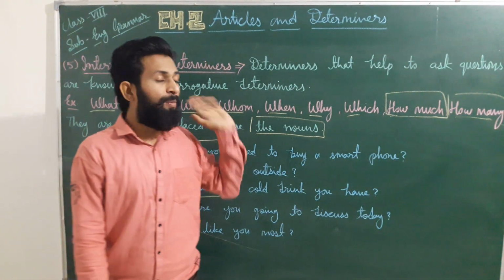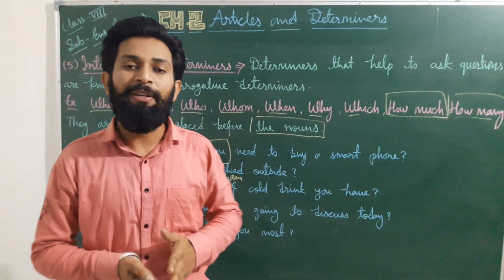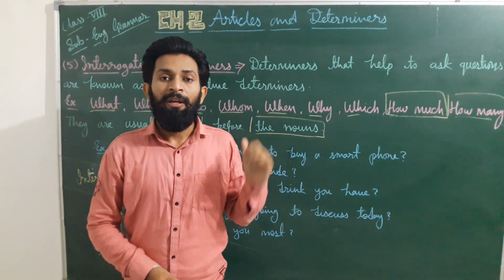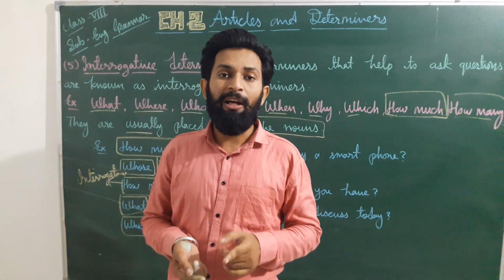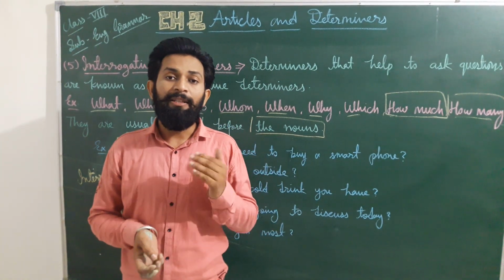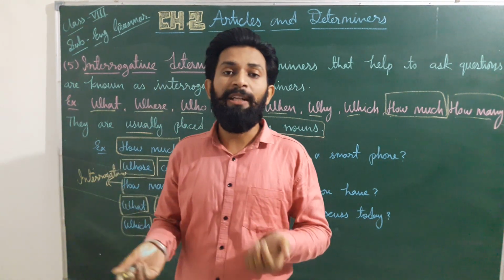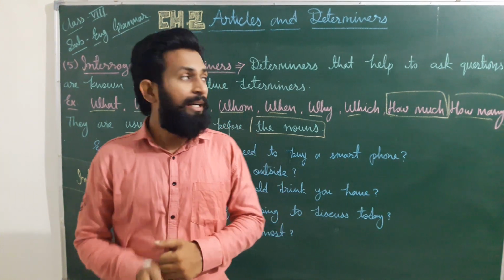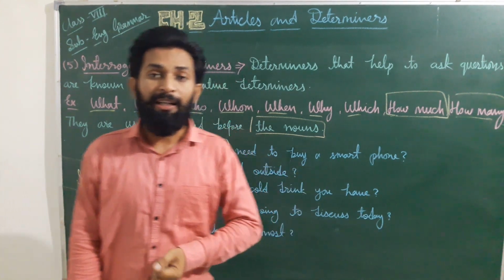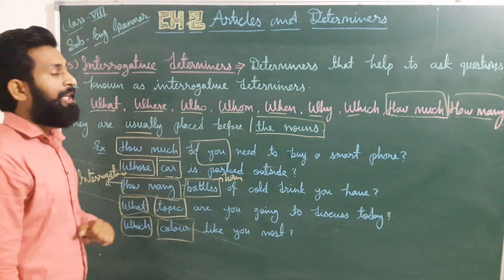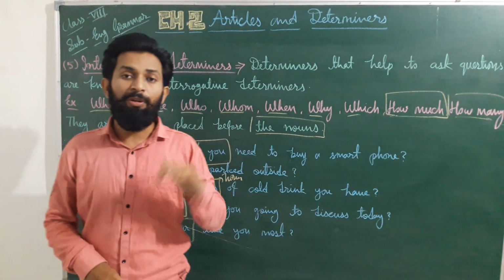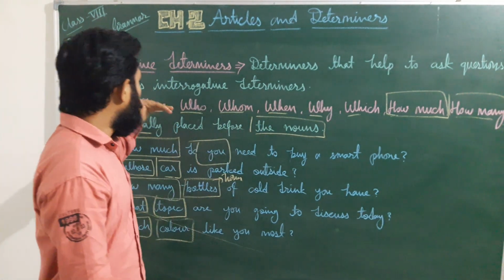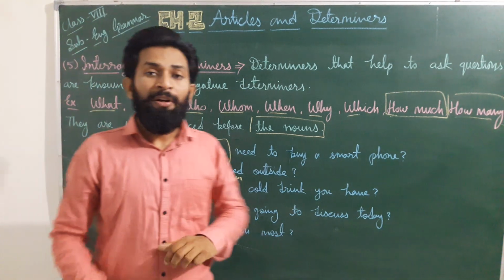Dear students, these determiners are among the most important determiners in English grammar, because they are a part of the sentence also. If we talk about sentences, there are 4 or 5 types, and interrogative sentences start with a WH word or auxiliary verb and end with a question mark. That type of sentence is known as an interrogative sentence. So we can say that interrogative determiners play a very important role in English grammar. Because of them, we are able to ask any type of question, and we can create any type of question with the help of the WH word.